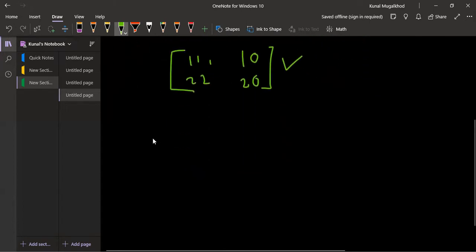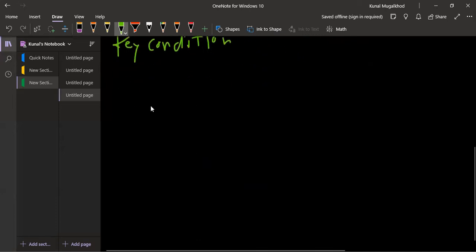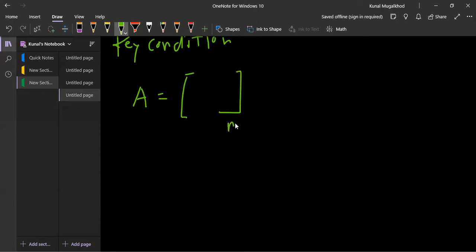So what are the key observations or key conditions we have to remember while doing the multiplication of matrices? The first matrix is an m into n matrix, and the second matrix is an n into m matrix.